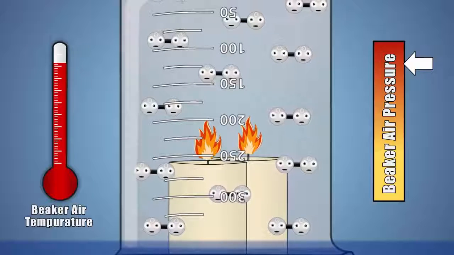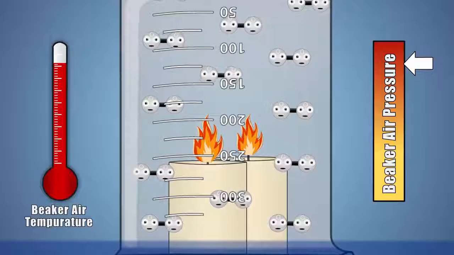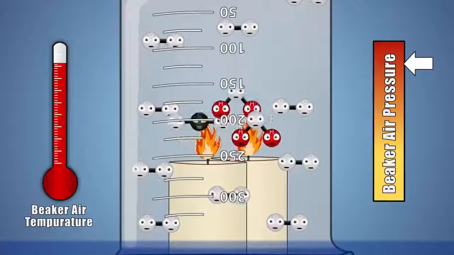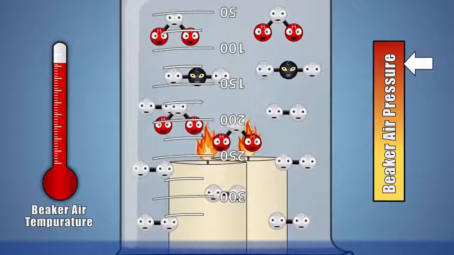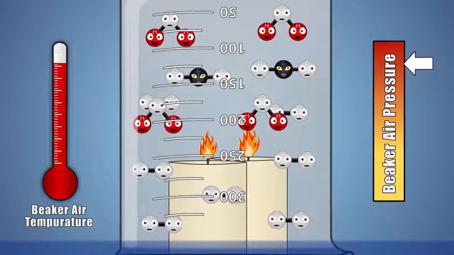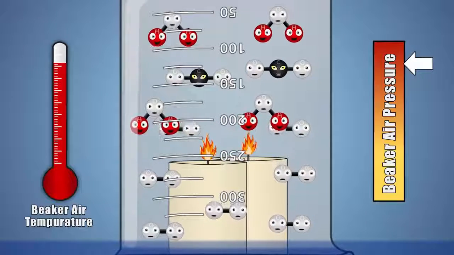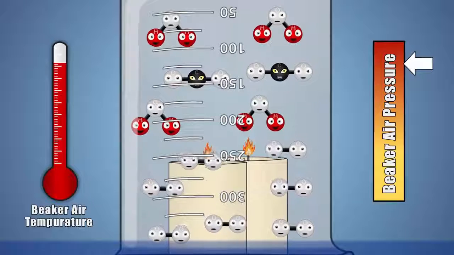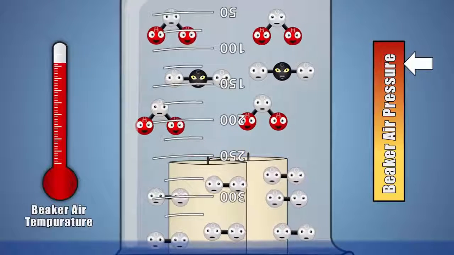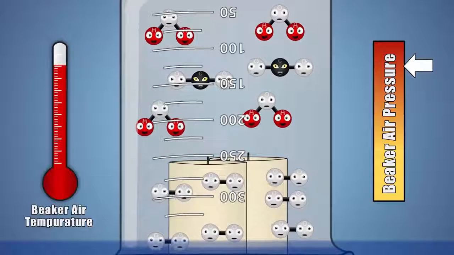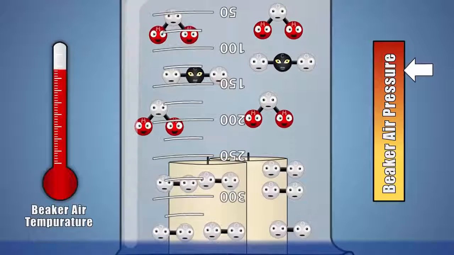The products of this reaction are carbon dioxide gas and water vapor. As more and more hot carbon dioxide gases and water vapor are produced, they fill up the top of our beaker, forcing the oxygen in our beaker that the candles need to burn lower and lower until the candles are extinguished. Once the flame is extinguished, the air molecules under our beaker begin to cool off, dropping in temperature and